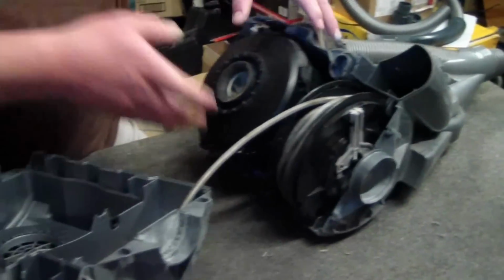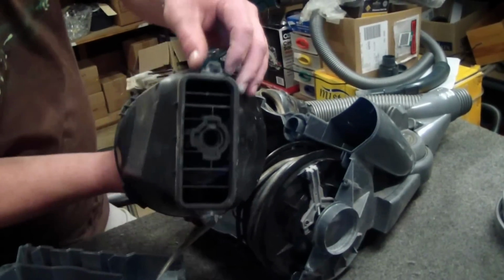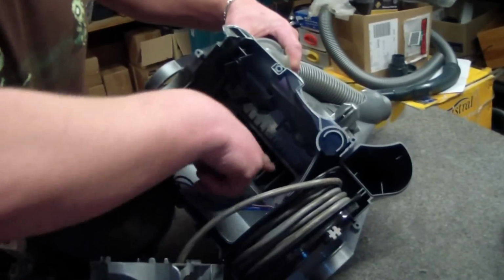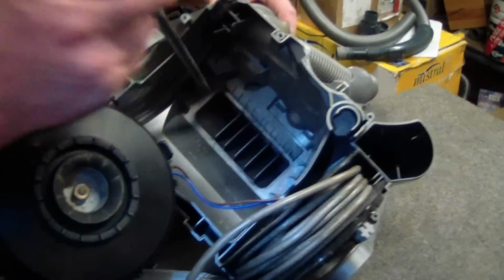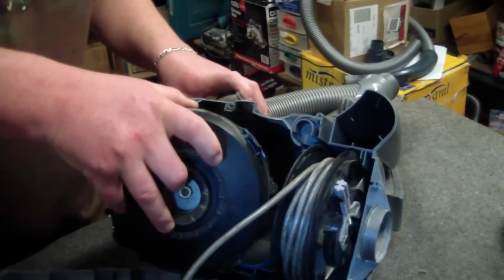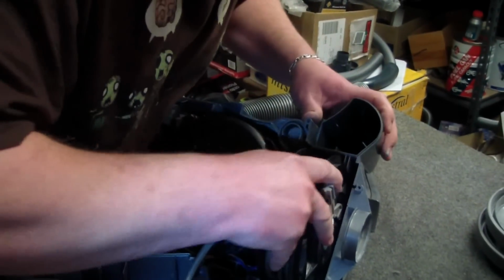Now, one last little thing. The motor, you've got 2 rubber supports here and here. They have to line up with this gap here, and the same on this side. Yeah? All good. Okay, so motor in, switch in, retract in,